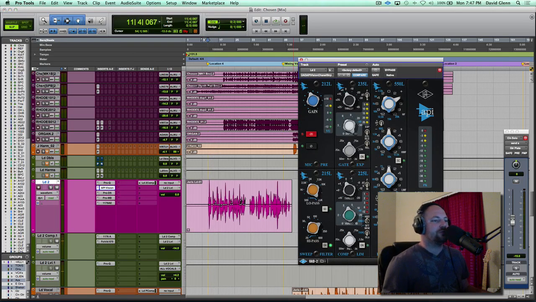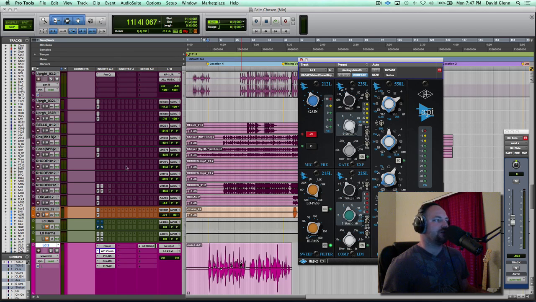Cool. Sounds like we can use a little more fullness in the 250 range. So let's go to 250. Let's try 240. Let's see. There's a band right there for it, and let's boost that maybe 2 dB. Let's see if we can get it to warm up a little bit. So it sounds like to me the guitar and the vocal are really battling with each other around the 240